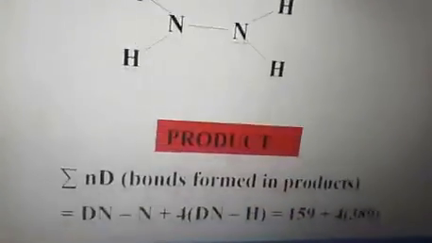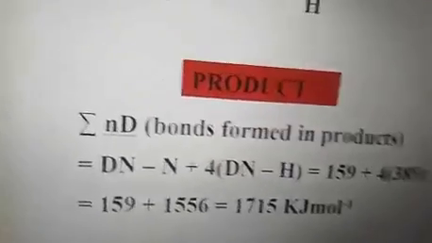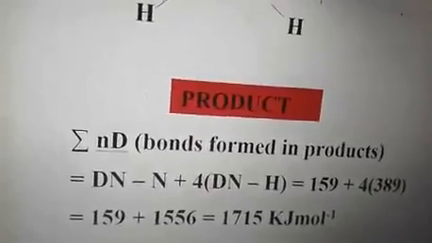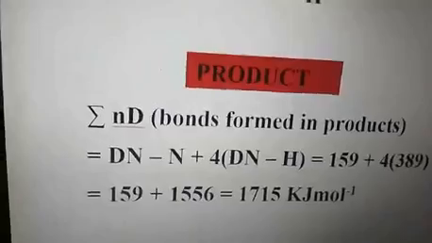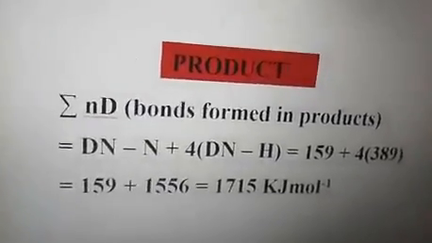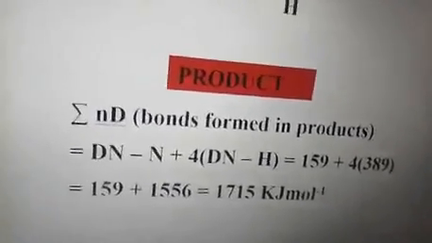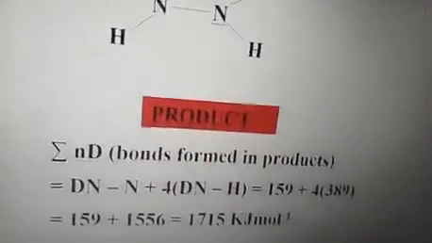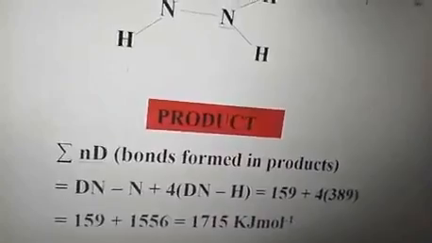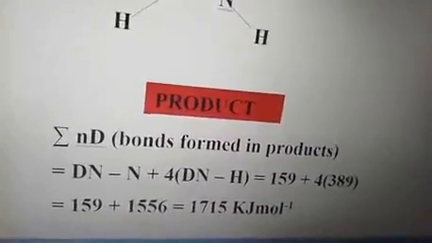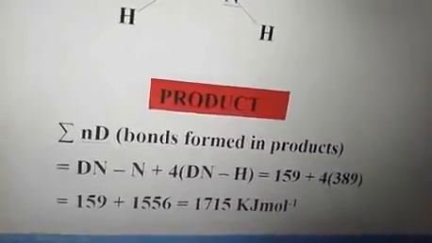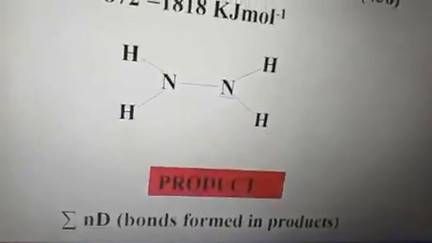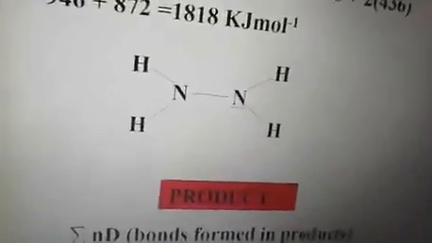We'll now move to the product. So we'll now calculate the total bond energy formed in the product, using the formula, summation of N, D, bonds formed in the product. So that becomes D in the product. As I said, there is one nitrogen to nitrogen single bond, so D N to N plus 4 D N to H single bond. Why did I use 4 of the NH bond? Because there are 4 of them. We count it, you can see